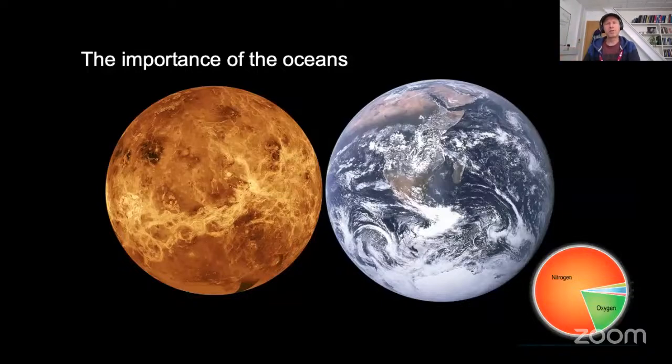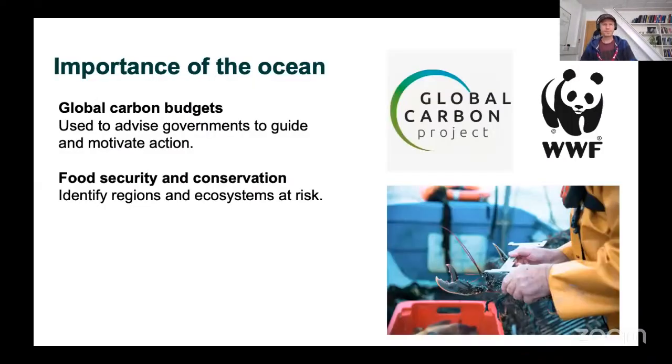In contrast, we have a lot of water on Earth, and the oceans are, in fact, the second largest long-term store of carbon on Earth, second only to the core of the Earth itself. So clearly the water component is incredibly important, both in the carbon cycle, but also in terms of carbon assessments.